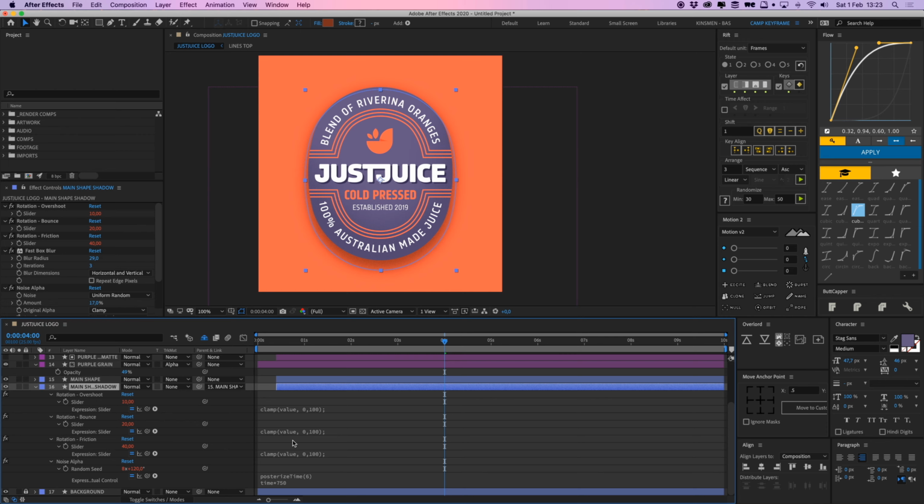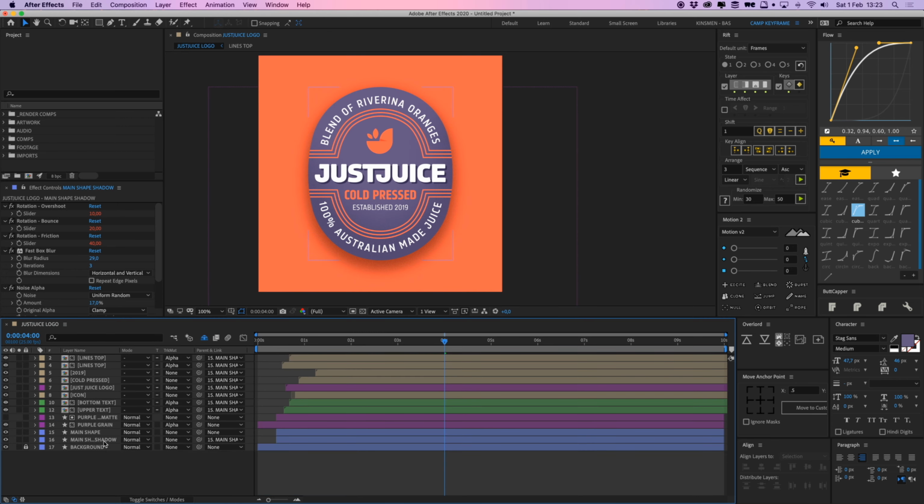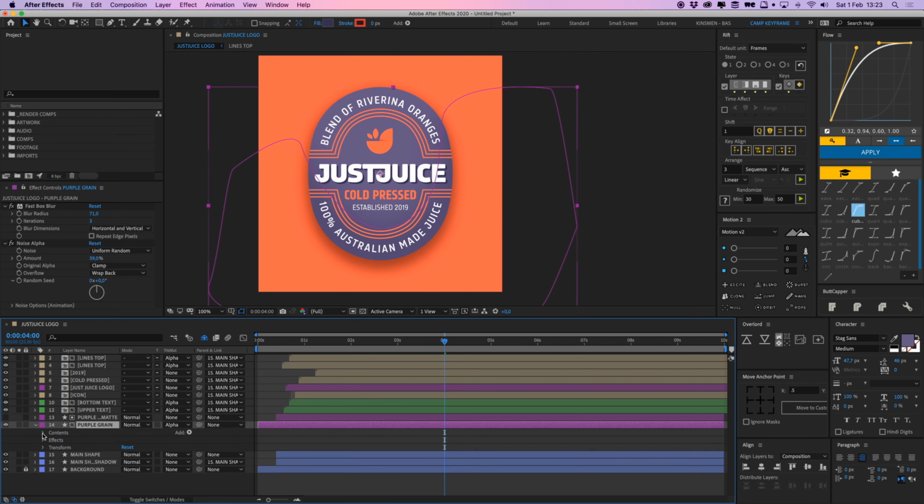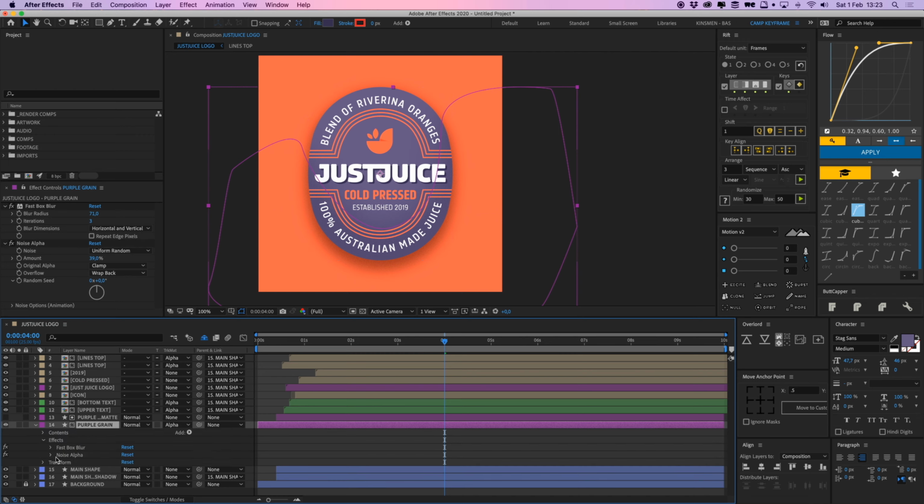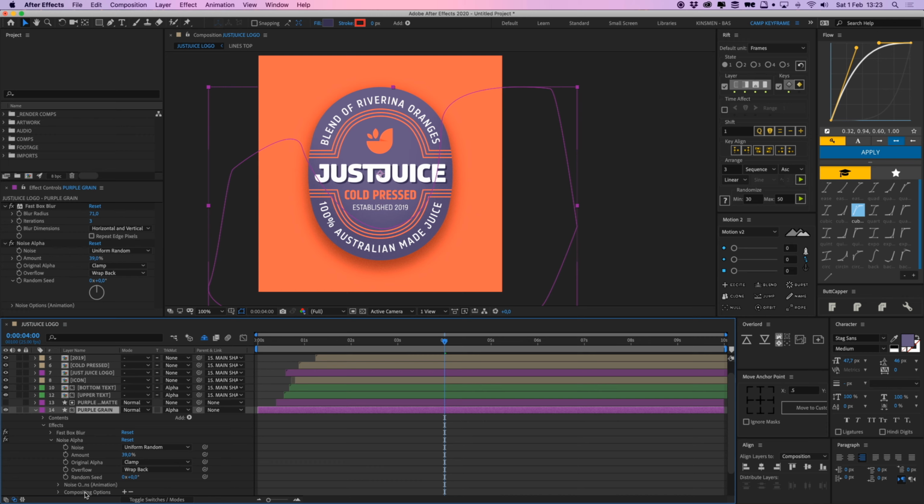So these are the expressions made by the Excite effect we put on it. But this posterized time effect, let's Command C, copy that, press U to close everything up. Go to my purple grain, effects, noise alpha, random seed, option click, paste, boom. Now it also has that